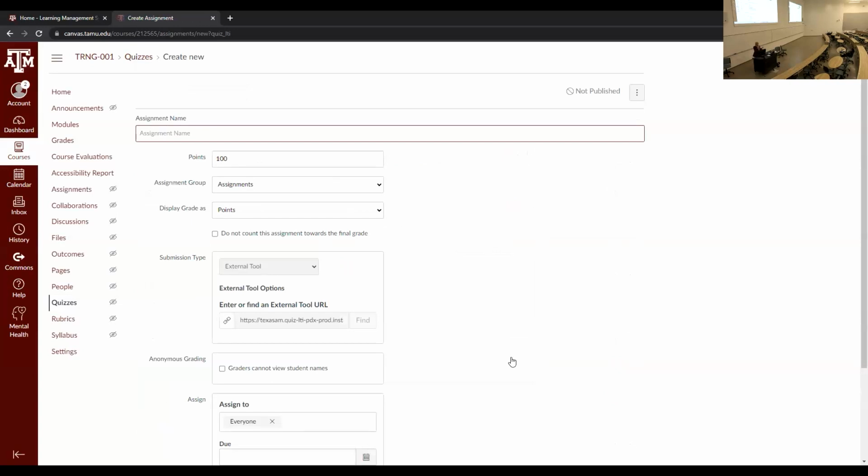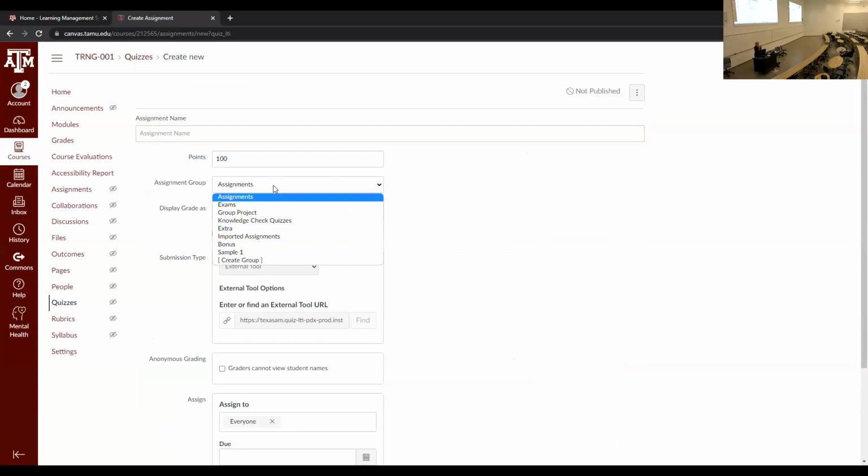Same thing as classic quizzes. You're going to add a name for your quiz, choose a point system, and decide what assignment group you want this to be under. Is it just an assignment? Is it a quiz? Is it a bonus, an extra, whatever it is, just make sure you have it under the right